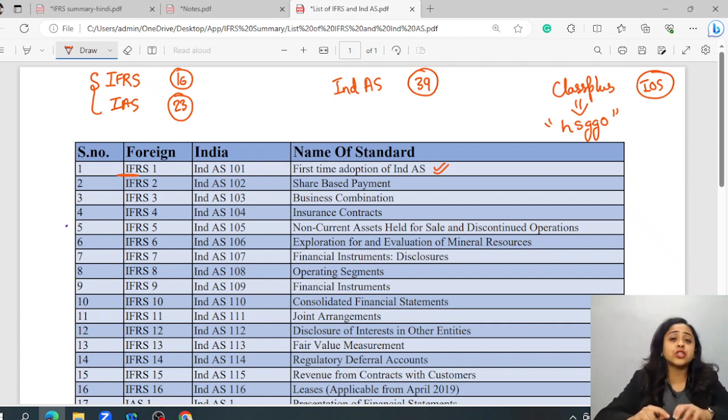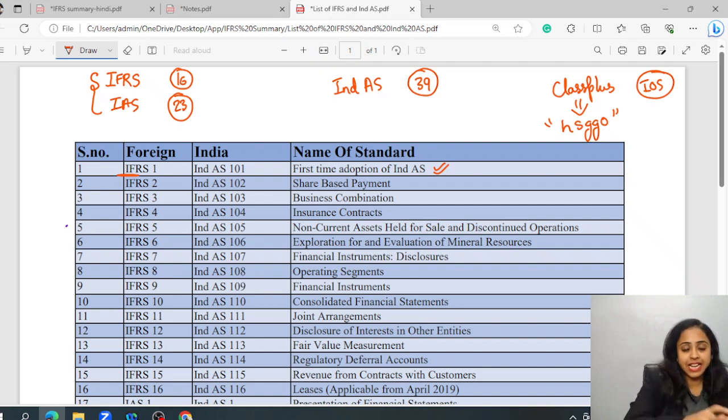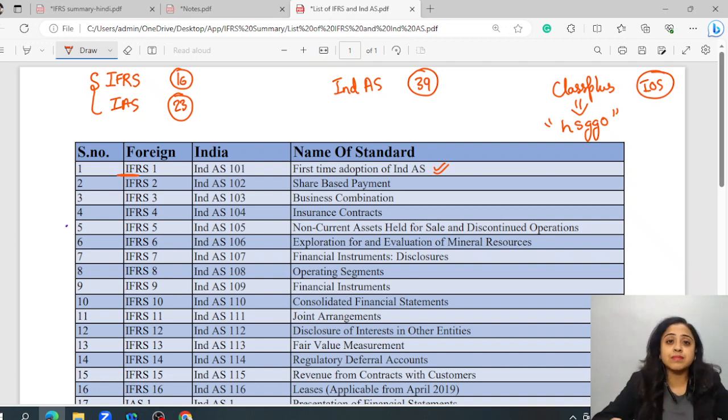Now, if you wish to take certification, see, reading, understanding, applying is something else, and another task comes: certification. If you are interested in taking up the certification, then you have to enroll with ACCA and ICAI. If you wish to take a diploma in IFRS, you have to enroll with ACCA. Therein, they provide the books, but they do not provide any sort of tuitions. You have to take tuitions from any approved learning partner.